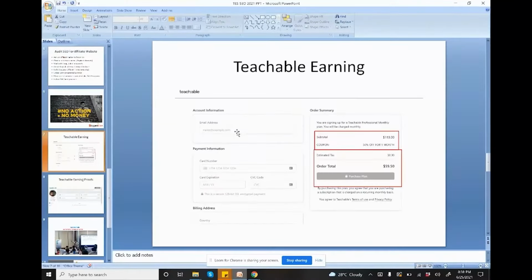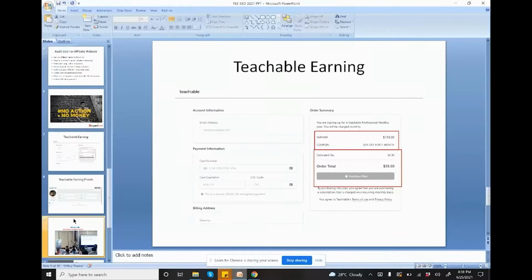And they gave me a special coupon code. So as I told you, whenever you're making a deal with brands and you are ranking for their review or coupon keywords, always make a special deal with the brand and ask them for a special coupon. This will help you boost conversions. With Teachable, I asked them for a special coupon code, and they give me special coupon codes, like 50% off for the first month. This really helped me boost my earnings, right? So make sure you make deals with the brands, asking them for special deals and coupons. This will really help you boost conversions for your affiliate sites, right?